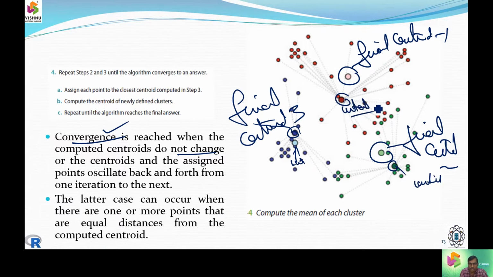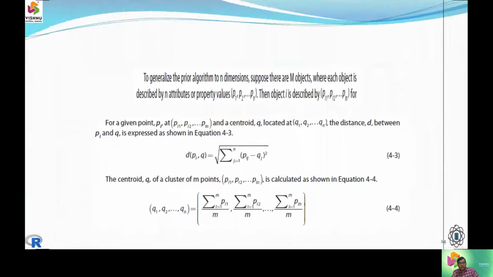So these are the initial centroid 1, initial centroid 2, initial centroid 3. Now it has converged, and thereafter it cannot be moved. So these 3 items we are now focusing on as 3 different groups, and now they are going to become the 3 optimal values. So we repeat it until we get a better value. That is where the algorithm is going to end.